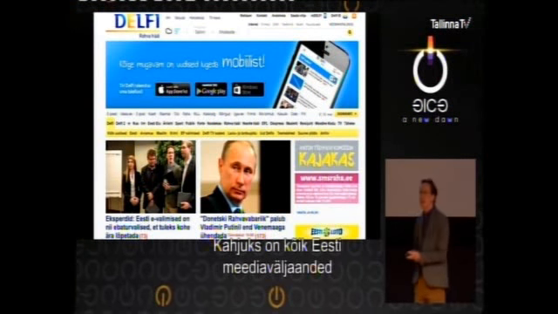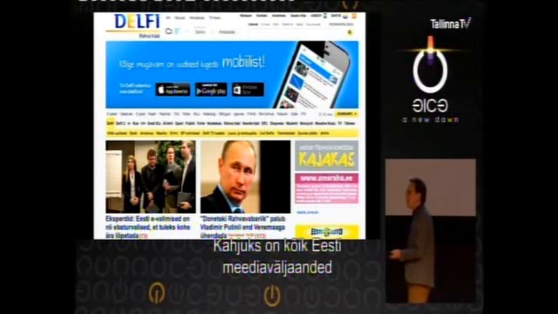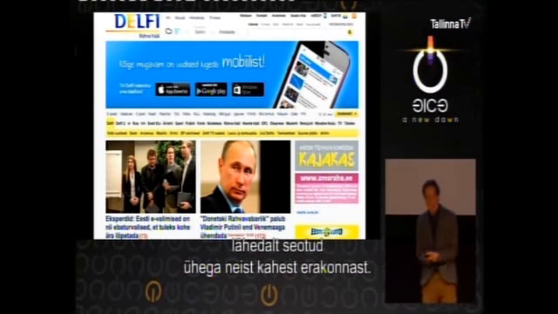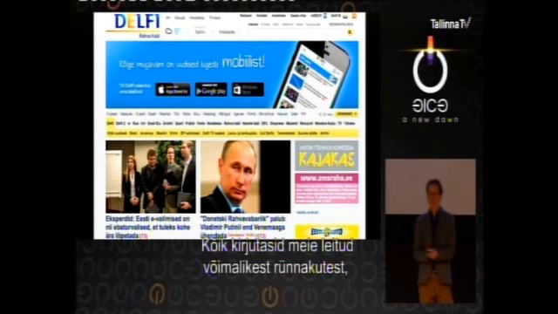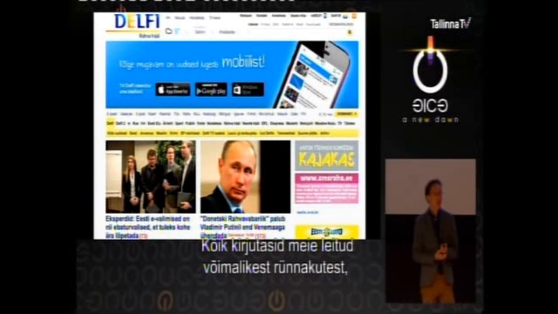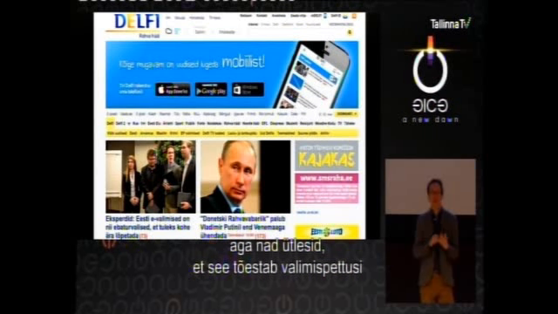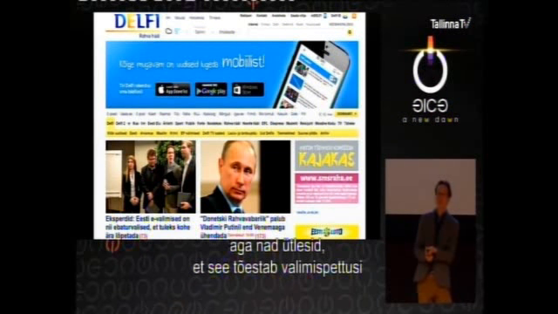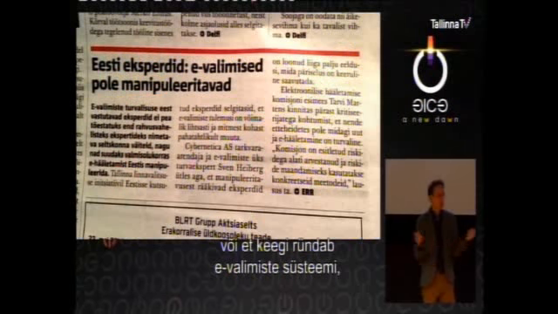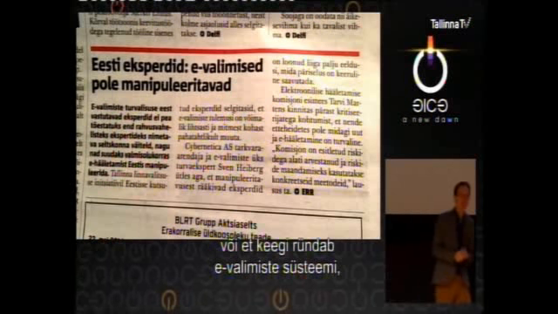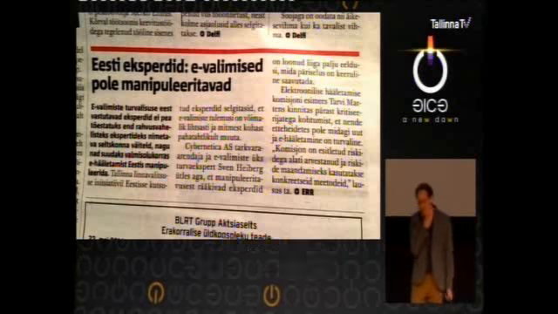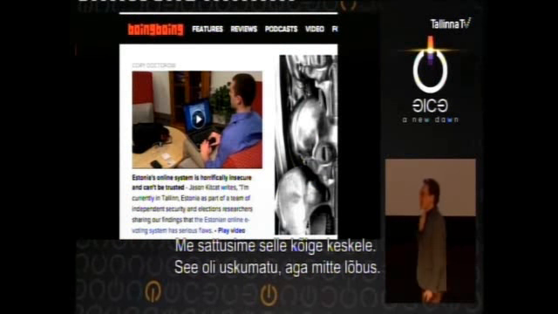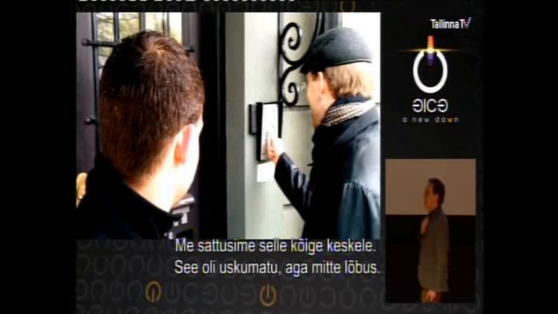Unfortunately, every media outlet in Estonia seems to be closely affiliated with one or the other of these two parties. And so everyone covered the potential attacks we found, but they either covered it saying that this proves that the elections were fraud, or that there are some people attacking the e-voting system because they're working for a rival party. So we've landed in the middle of all of this, and it was rather incredible, but not so much fun.